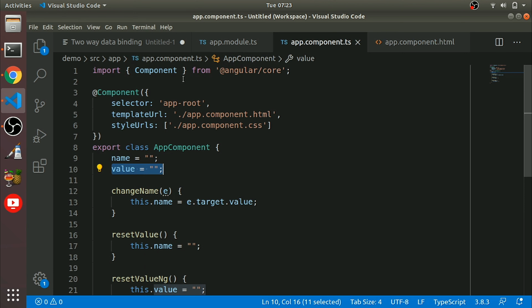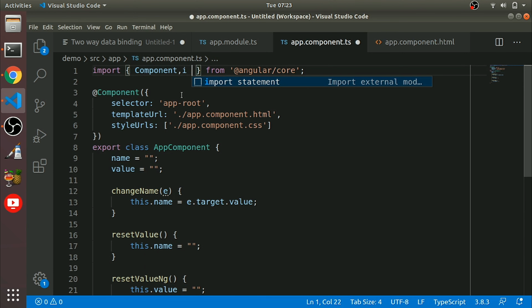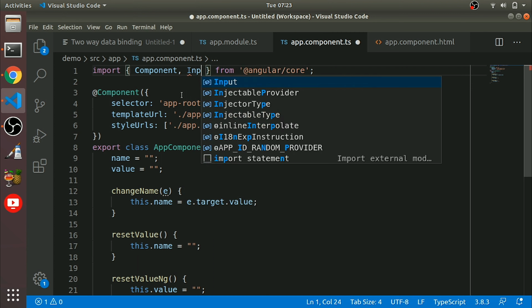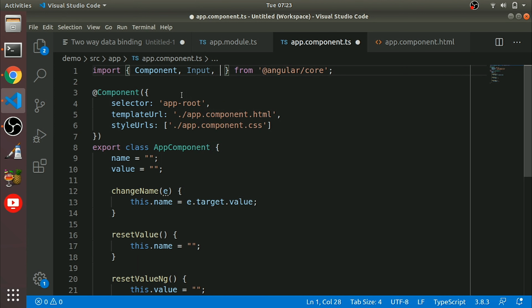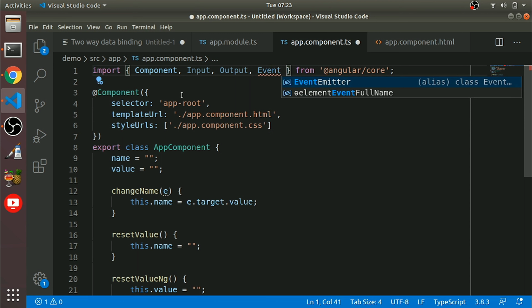We need to import some things here: Input, Output, EventEmitter. So we can do the same thing that ngModel is doing by creating a custom two-way data binding.